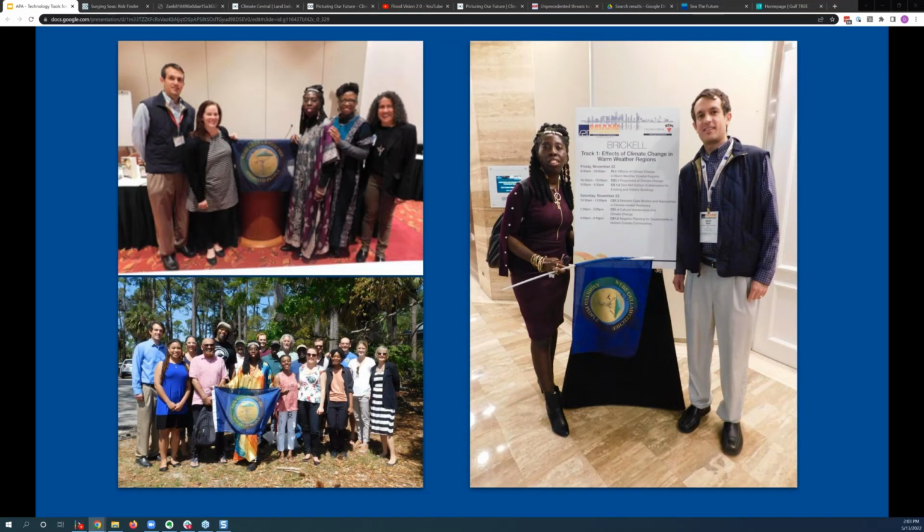Here's some more examples of groups we've worked with. Queen Quet and the Gullah Geechee in the Southeast have used our tools and provided us valuable input. We've gotten those fact sheets that I've shown you. We've gotten great feedback from communities such as the Gullah Geechee and NAACP in terms of what's useful, what would be more useful, and we get a sense of how they're using it.